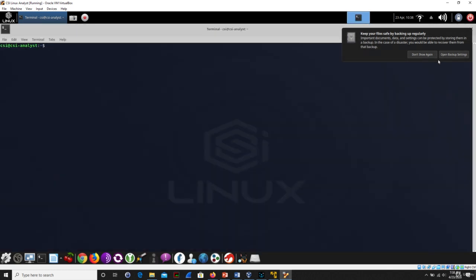Okay, and let me maximize this. I'm going to click on "don't show this again" for backing up. And let's take a look here. So first thing we want to do is sudo space apt-get space update space and